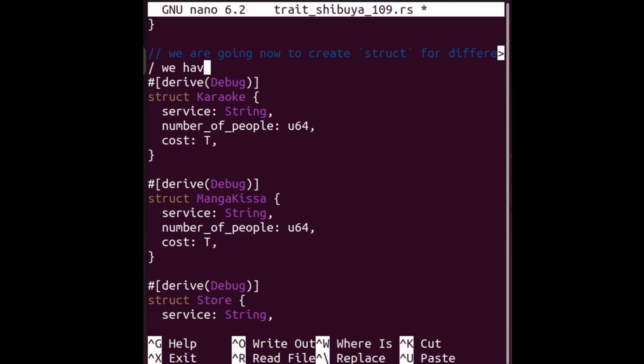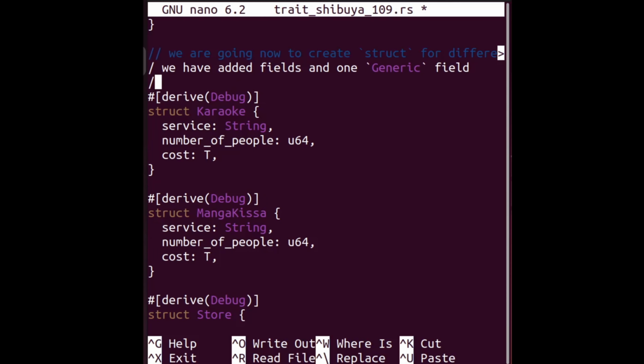Here we can say we have added fields, and the one using the generic. And one generic field. Okay. But we need to have that generic type defined